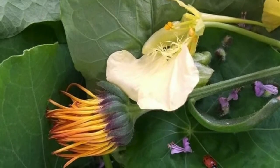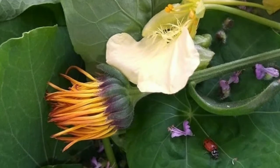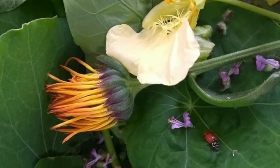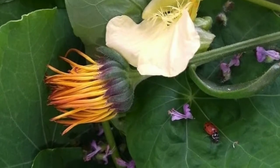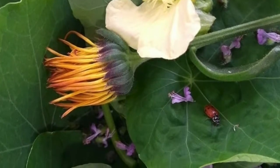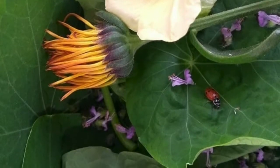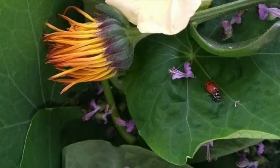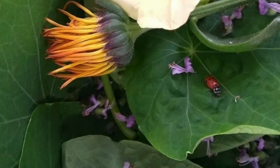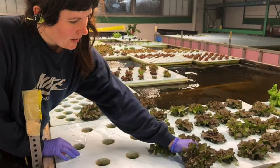Awareness is a key piece here. When we got started, no one knew what aquaponics was except for all the people at the Aquaponics Association conference. In 2012, that was the first time I could talk to anyone that was not my immediate close friend who knew what the word aquaponics was. Now, 5 years later,